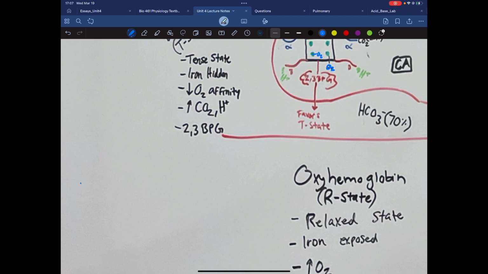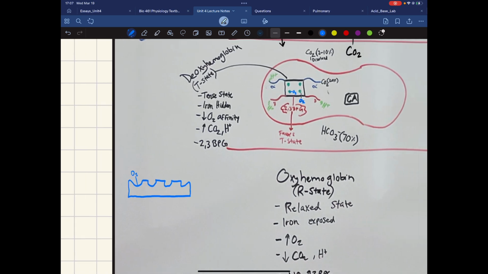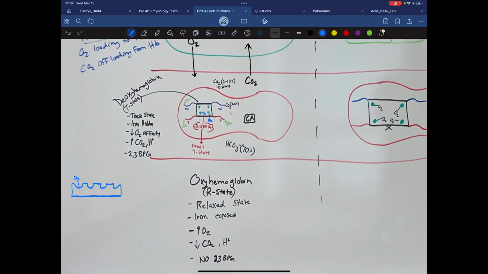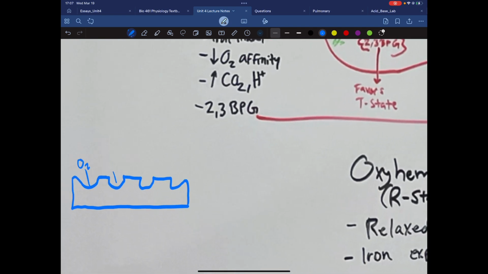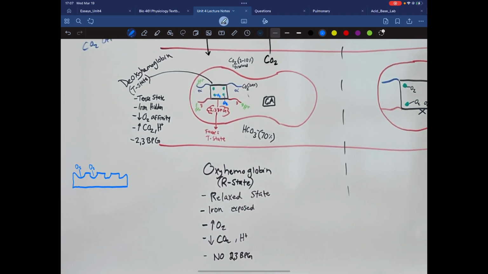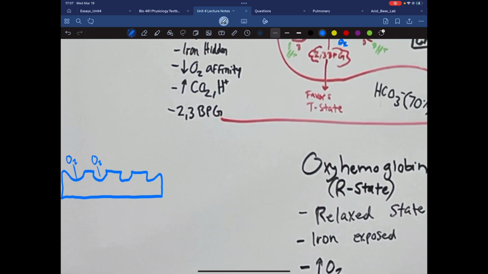The way he explained it in his video is, let's say we have these four binding sites for oxygen. We started out having this first one on there. And then because we have this huge gradient of O2 coming in, the second oxygen kind of just forces its way on, even though it's not super invited. But then when that happens,